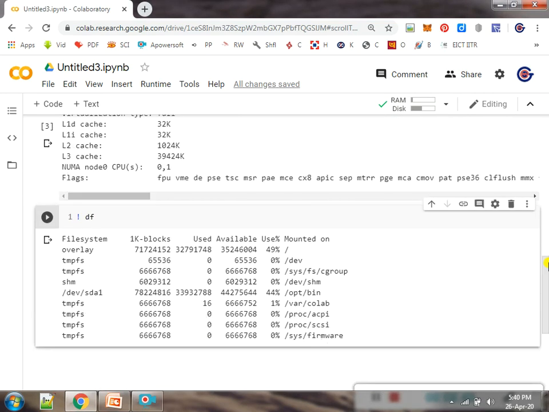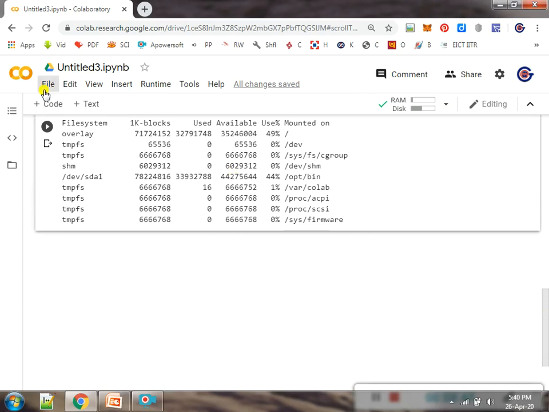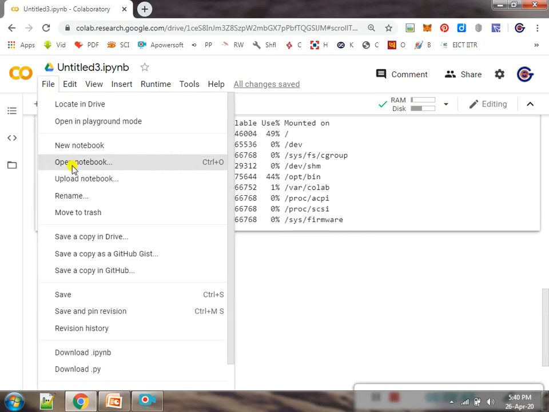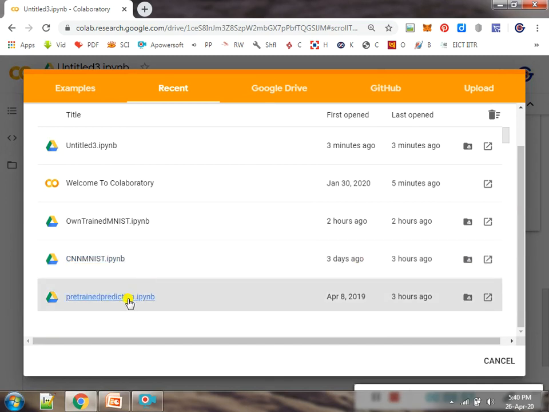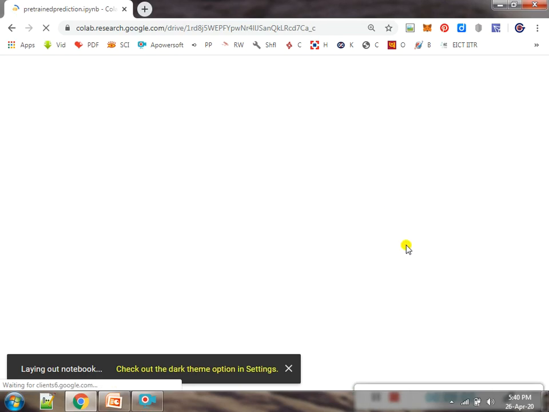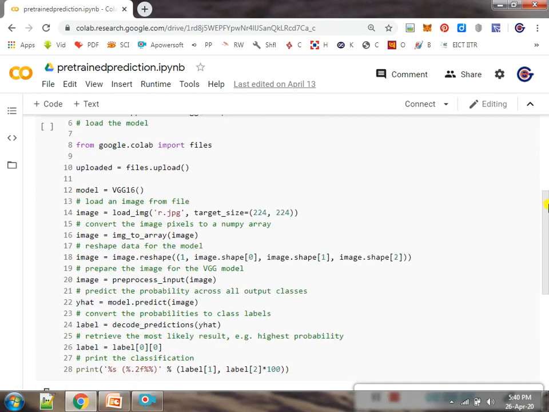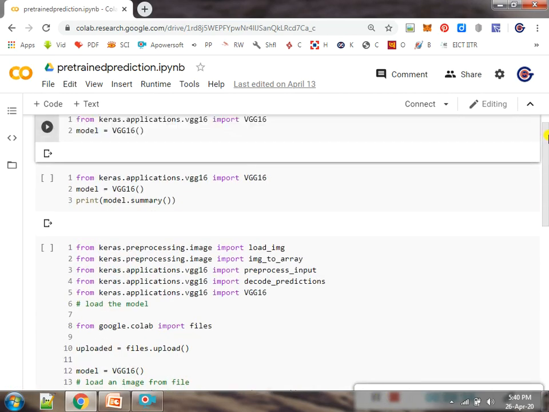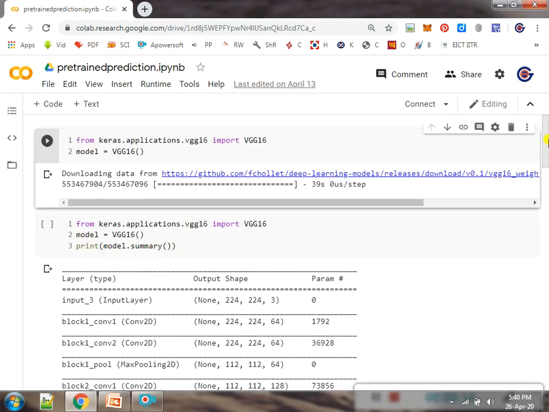If I want to work on a particular deep learning algorithm, we can also do that. Suppose I take a code like file, open notebook. Many programs I have already written here, and you can see there is a deep learning code written here. This is the source code, so I can directly execute it and I will get the output.